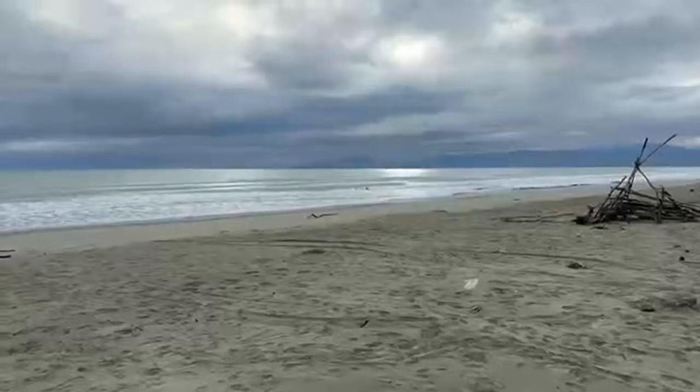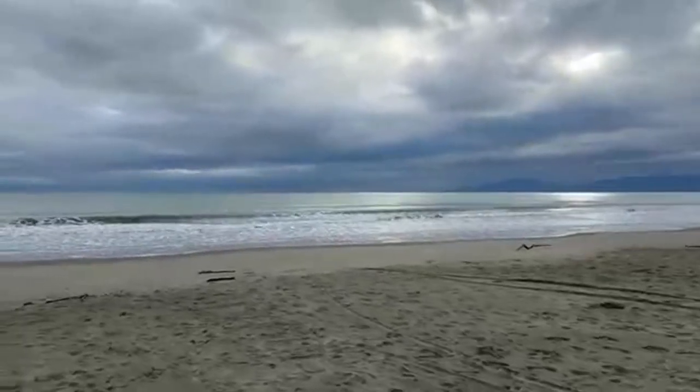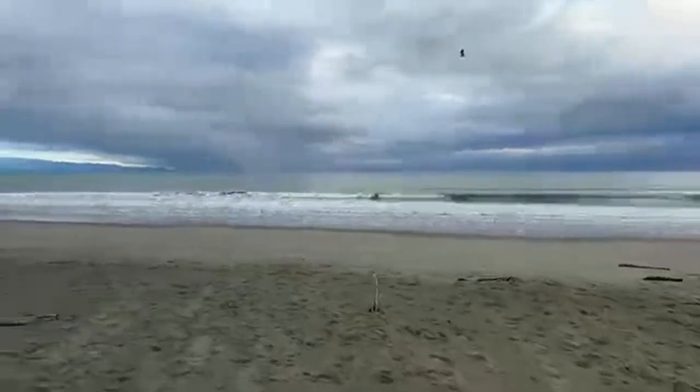Sand built up over that time. Yeah, it's beautiful light, isn't it? Look at that. That's what it looks like over there on the other side. A couple of people walking here. But anyway, just quickly back to